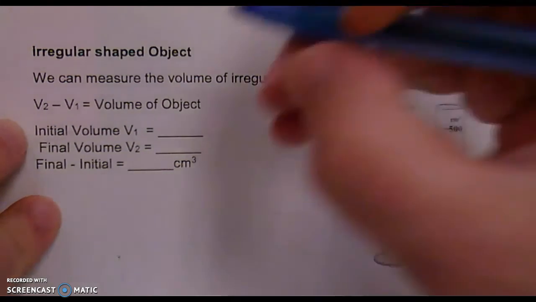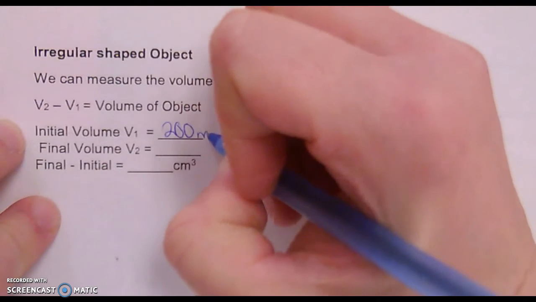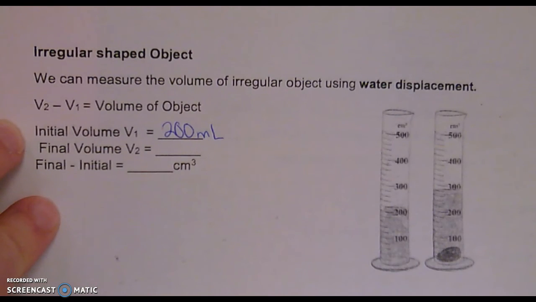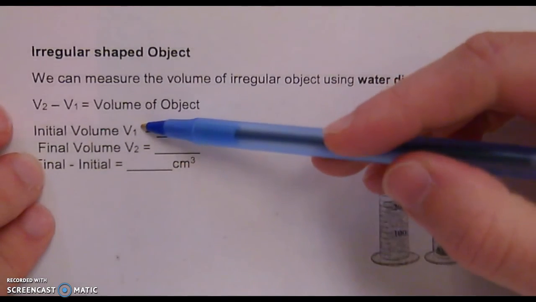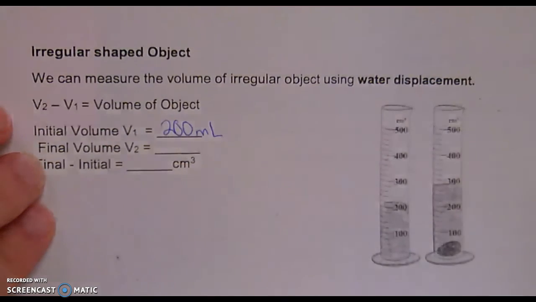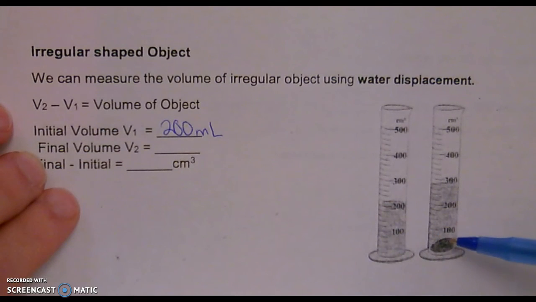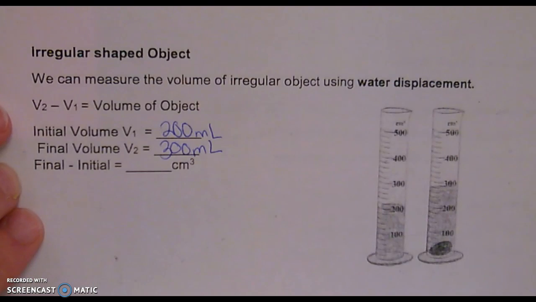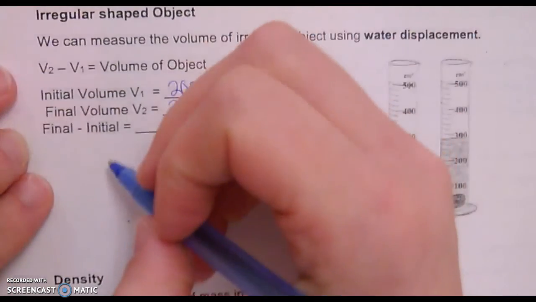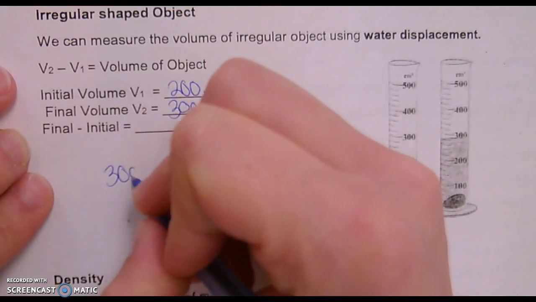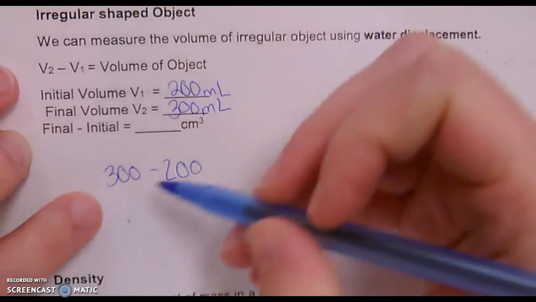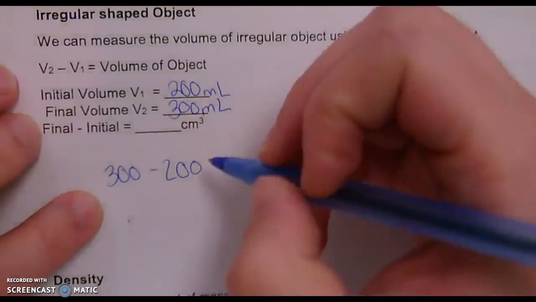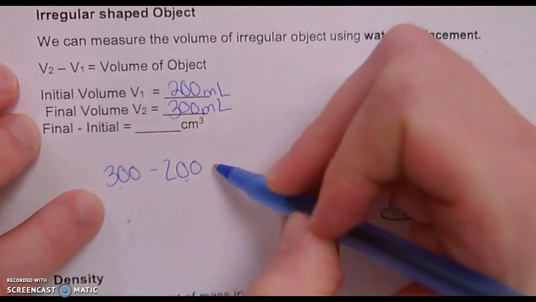So for this one, the initial volume, before we add anything into it, is 200 milliliters. Okay, so that's V1, the first volume, or volume 1. The final volume, so the volume after we've put the object in, is 300 milliliters. Okay, to calculate the volume of the solid object that we put inside, we need to subtract, or find the difference of the initial volume and the final volume. So we're taking 300 minus 200 to give us